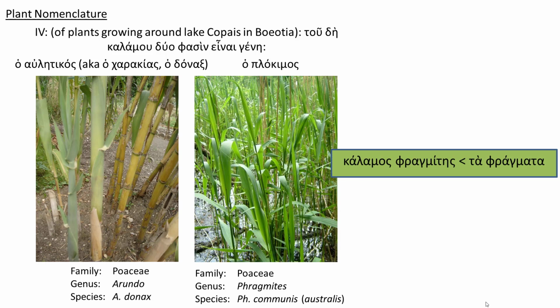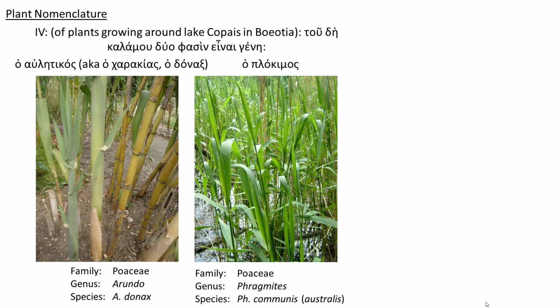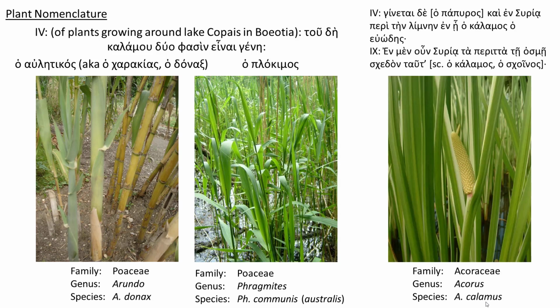Centuries later, Dioscorides called this the calamos pragmites, hedge reed, from ta pragmata, hedges. This has become our genus name for the common reed, Phragmites. Theophrastus's two species of calamos are genera in our family, Poaceae. But to get back to Green's point, elsewhere in Book 4, concerning plants in Egypt, Theophrastus also tells us of